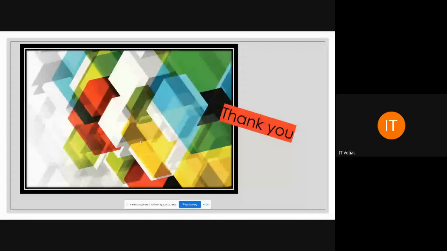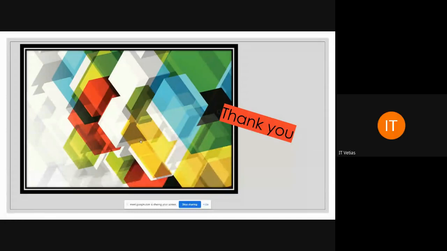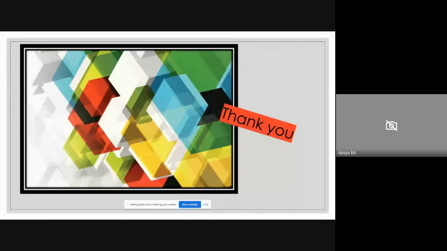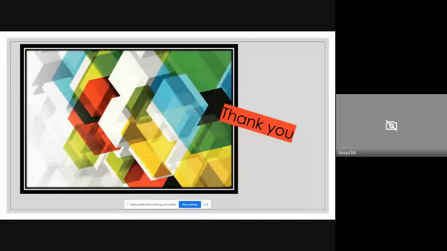And lastly, you know the Stack Overflow website. You guys know about Stack Overflow? Stack Overflow is a solution provider website.